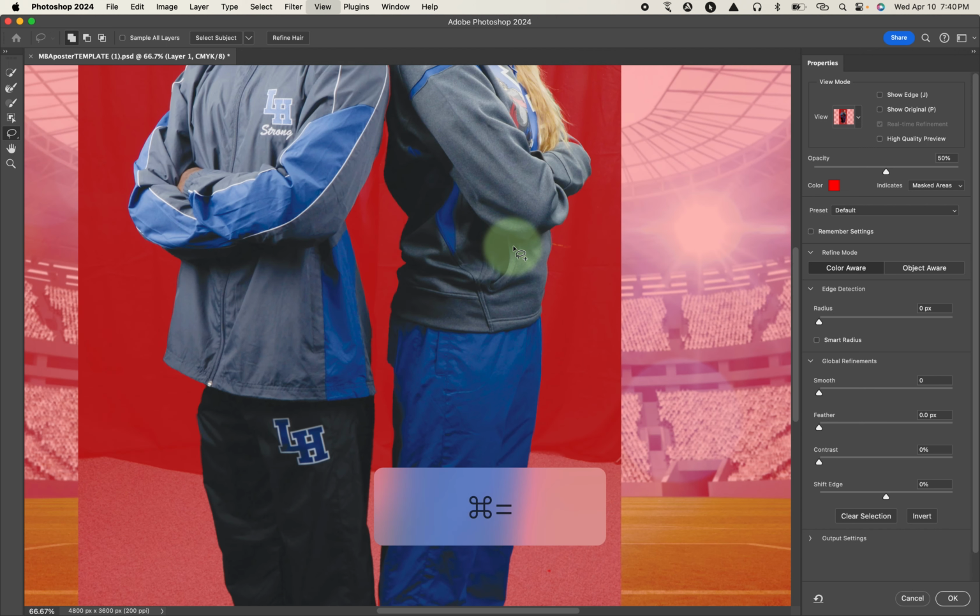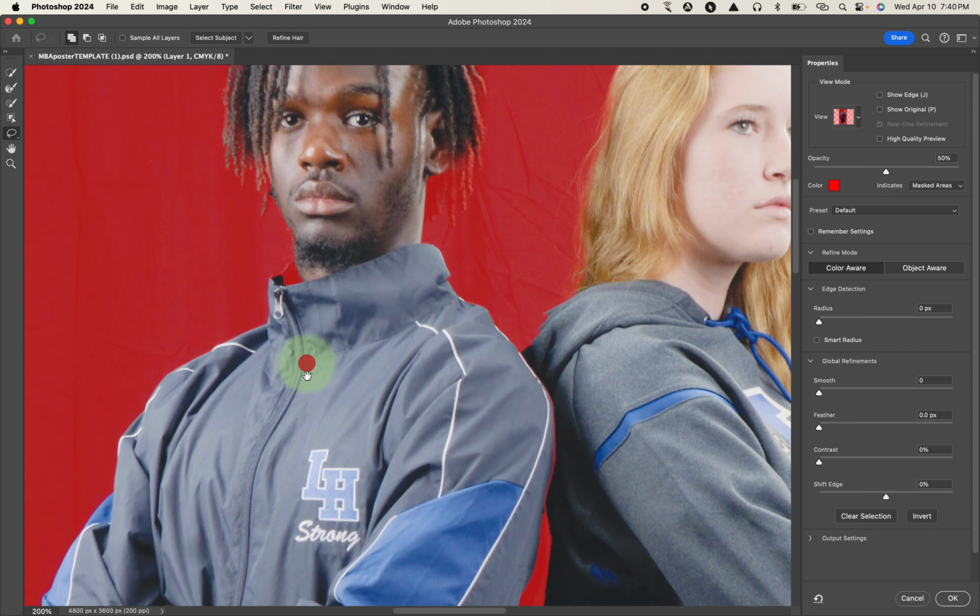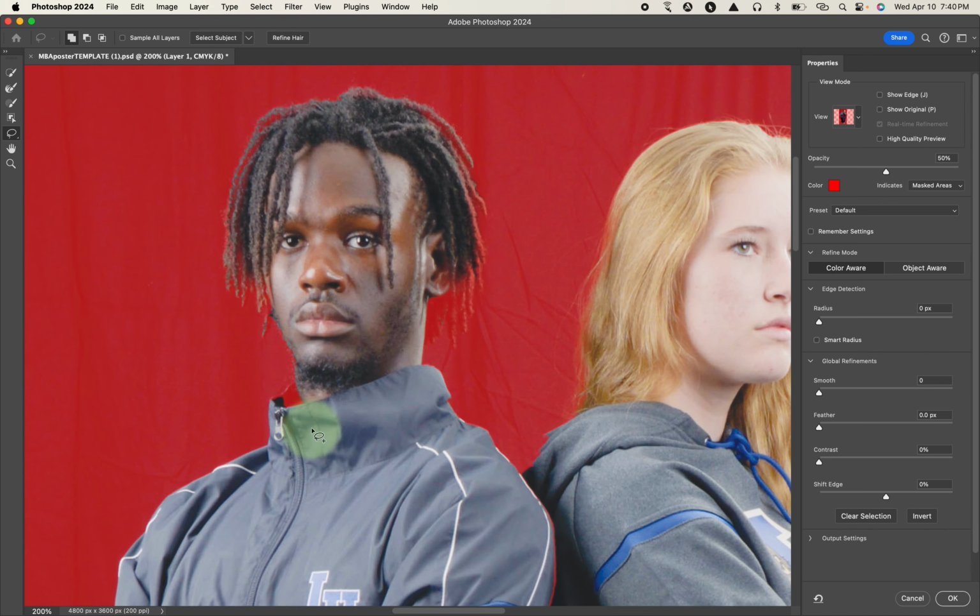Alright, so I'm going to zoom in here by pressing Command plus, and take a look at what Photoshop actually selected. We notice it missed his collar, it missed a bunch of his hair, maybe even a little bit of his ear, so that's all messed up in there. So I'm going to start by